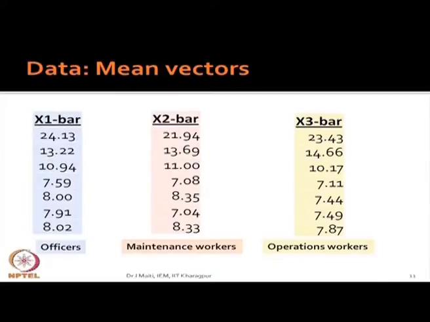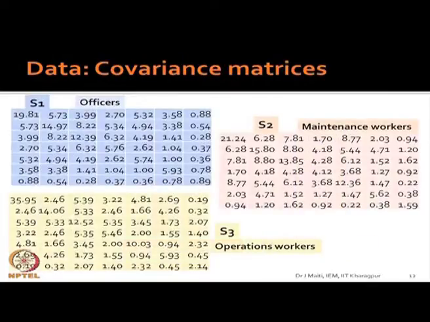Tanmay, this is what you have to do, because you have collected the data. Now, for MANOVA you require the means. Here means are all mean vectors, because we have more than one variable. What more do you want? You want the covariance matrices. So, you require software like Excel or MATLAB, wherever you are comfortable. So, first, from the data point of view, you find the covariance matrices.